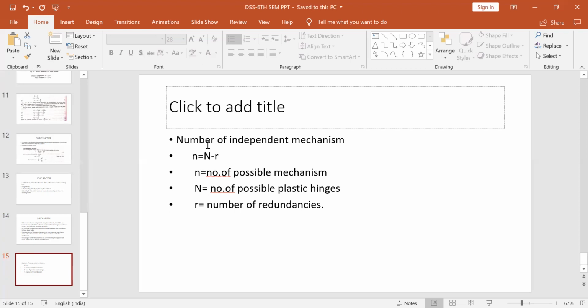Now in the next class we'll discuss the kinds of mechanisms, how the structural mechanisms are formed. Suppose there is a portal frame. The simplest portal frame will consist of 1 column, 1 beam and 1 column. Say 1 column is fixed here, 1 column is hinged. Now everything is based on the fixity, how the structures are fixed. Sometimes both the columns are fixed at the ground floor. So 2 columns, 1 beam. This is a simple portal frame, fixed at both ends.